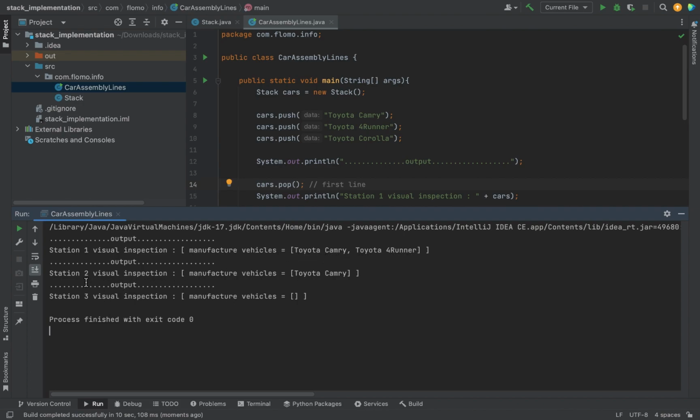So this is the implementation, and you can use this, you can build on it,